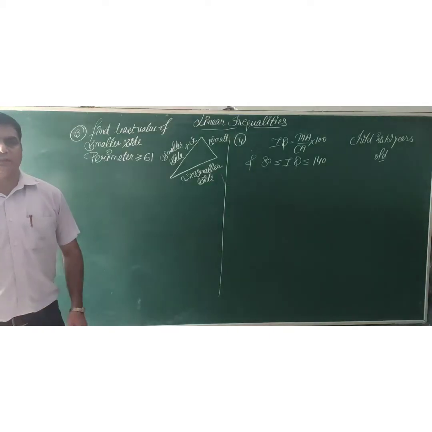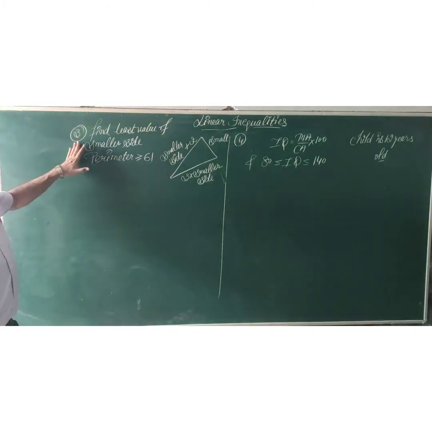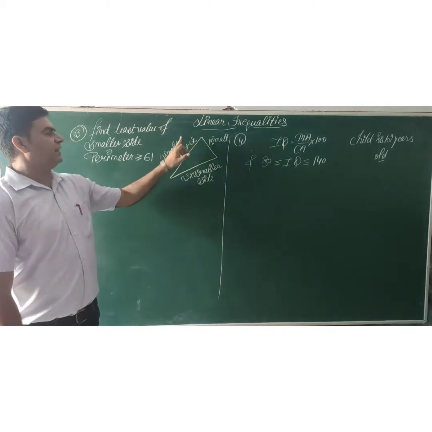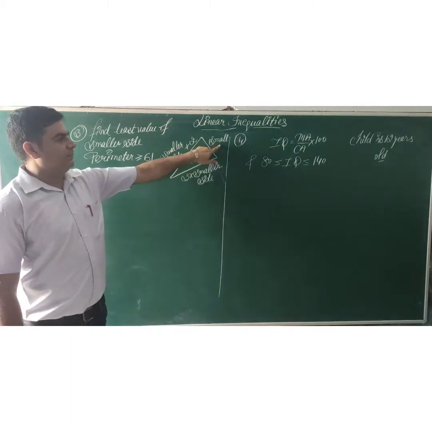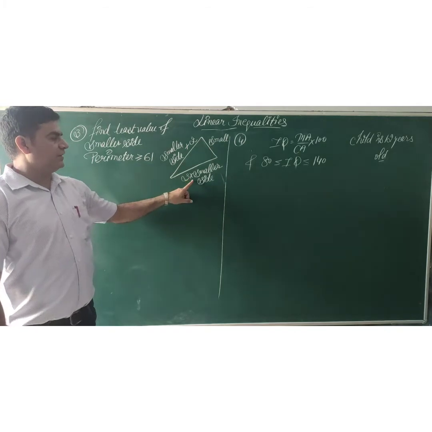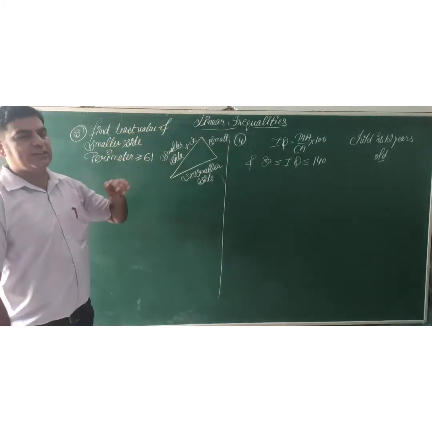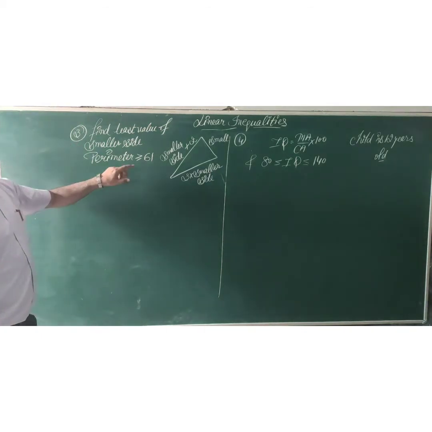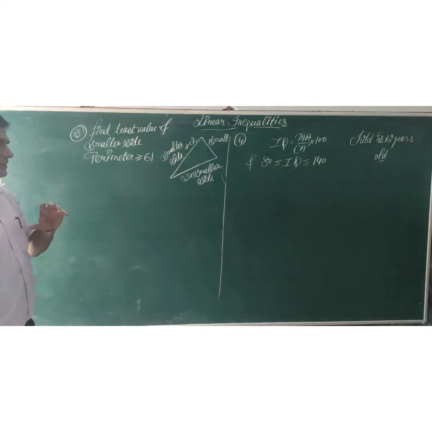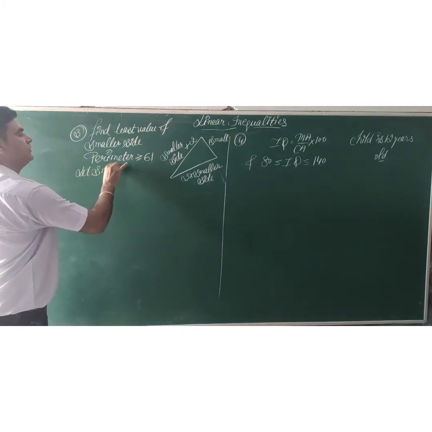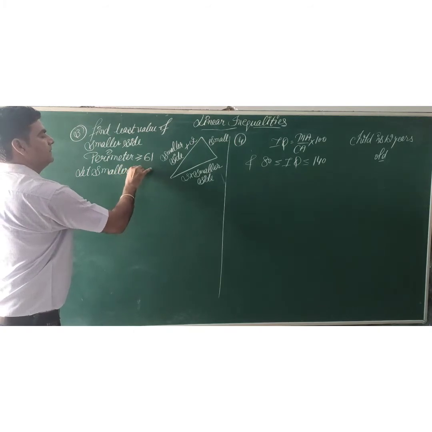Now we are going to discuss another example. Example number 3. In this question we are given a triangle with 3 different lengths of sides. The longest side of a triangle is 3 times the smaller side, and the third side is 2 more than the smaller side of the triangle. We have to find the length of the smaller side if the perimeter of the triangle is at least 61 units. So first of all, let the smaller side, whatever its length, we take as x.